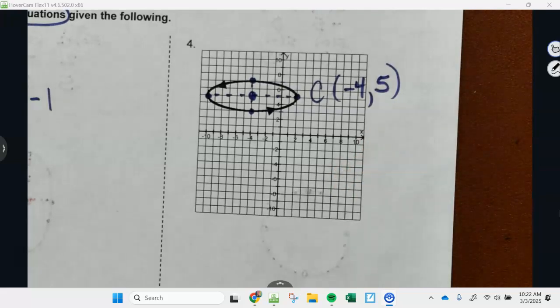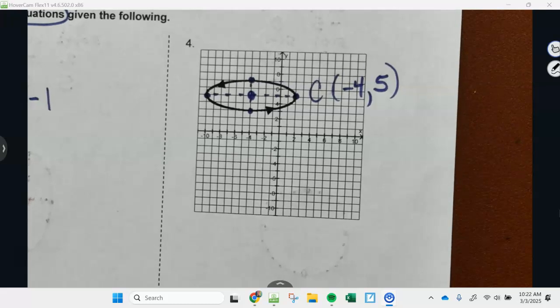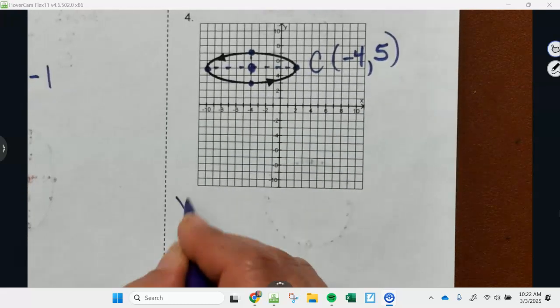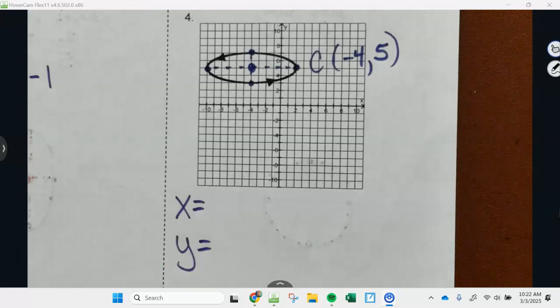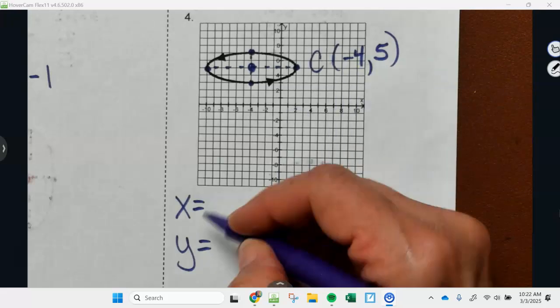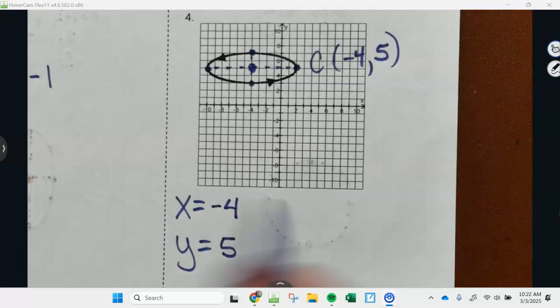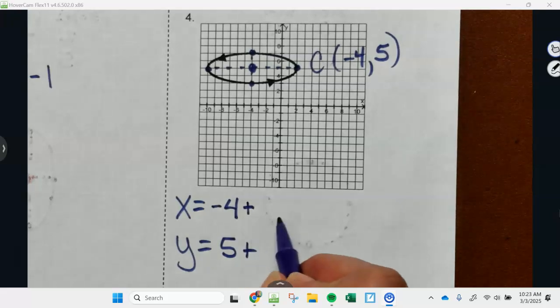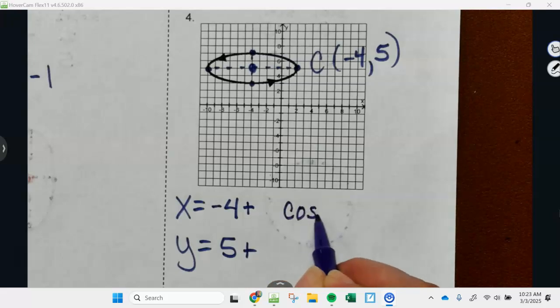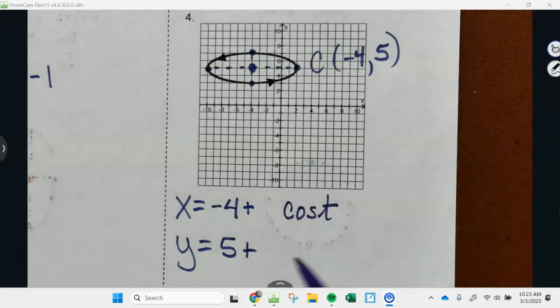And there is so much I can do right now just from that information. So remember, for a parametric, it's X equals and Y equals. X is always grouped with H. So if the H is -4, it stays negative, so -4. Y values are always associated with 5, so the K value is 5, so that goes there. Always a plus sign after. And I'm just going to skip a little blank right here, but I know it's always cosine T for X,